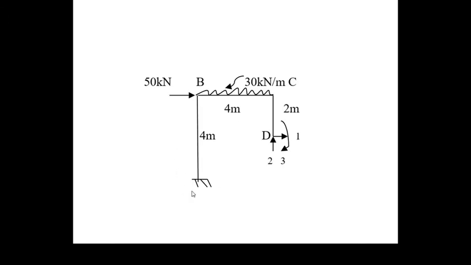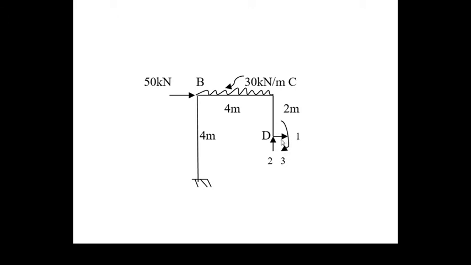These are the release structure. We can know that release structure, that is A, B, C, D, in which D is released. You see this one, you choose HD equal to 1, VD equal to 2 or MD equal to 3. Okay, this is the release structure. We are applying moments 1, 2, 3 on the D.